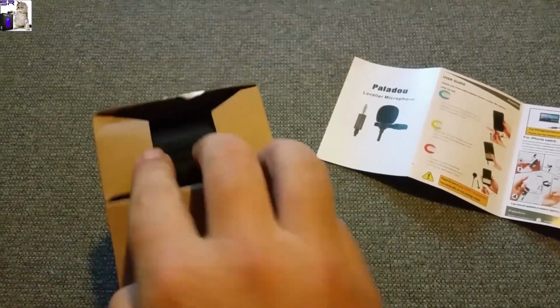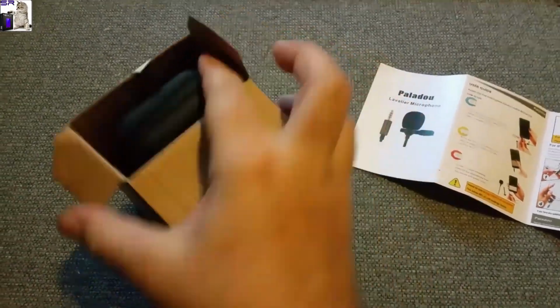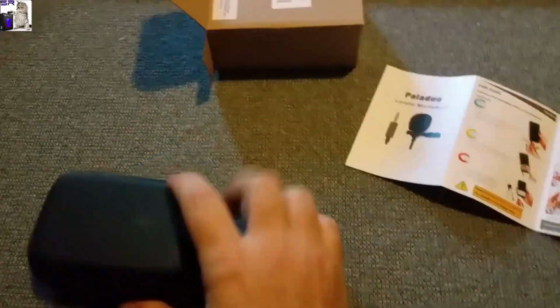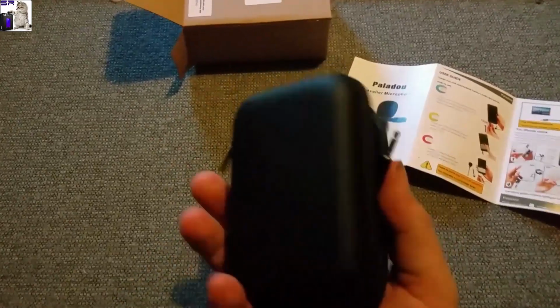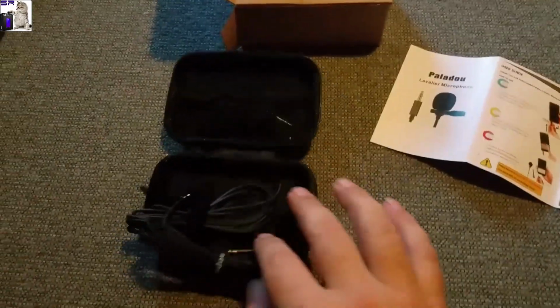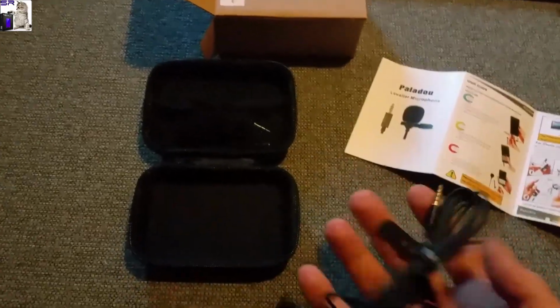let's see what it looks like. Sorry, I'm doing this with my phone today. Couldn't get the lighting to do very well with the mounted camera. Comes with a nice little case for whatever reason. Inside here we have